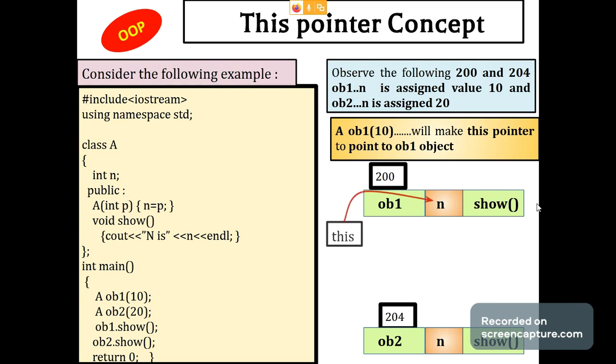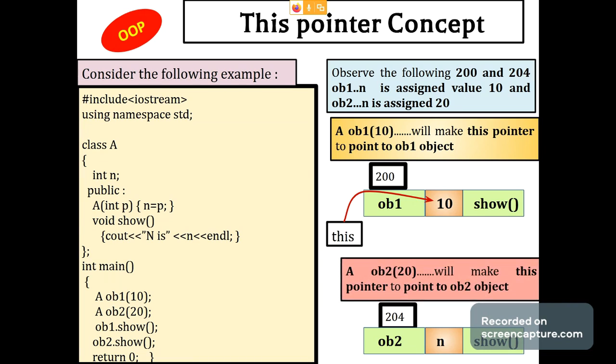So this pointer will point to ob1's n and assign it the value 10. Now after this, you come to ob2, the second line, and this pointer sees that the main function has asked for ob2 20. So this pointer will remove its pointer from ob1, and finally it will go to ob2. So this happens with this pointer.